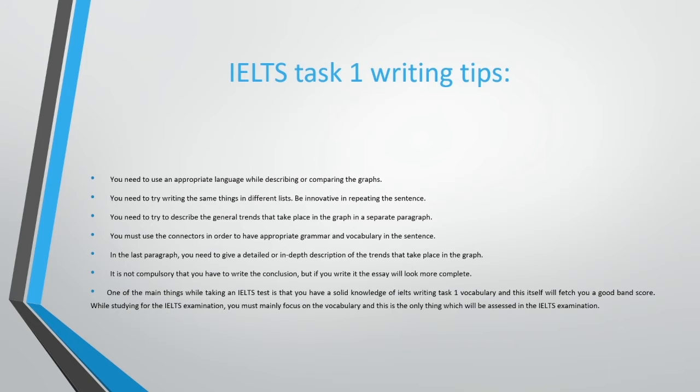You need to try to describe the general trends that take place in the graph in a separate paragraph. You must use connectors in order to have appropriate grammar and vocabulary in the sentences, and that's the main